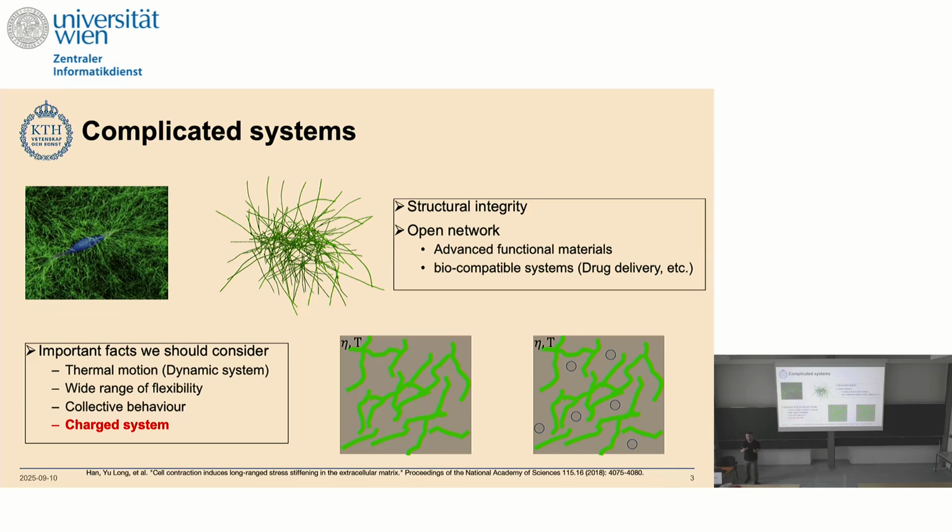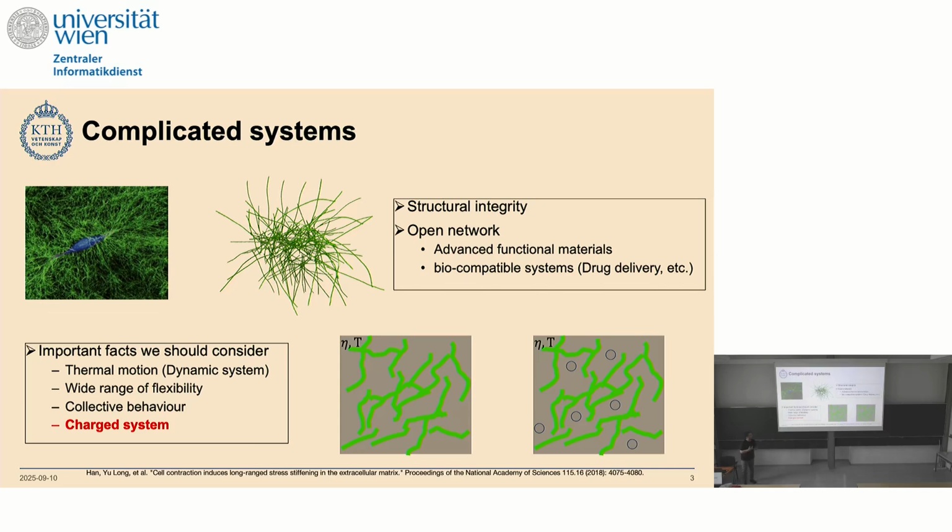These matrices provide, first of all, a structural integrity for the system. They provide an environment for different phenomena that happen in those structures. And they have open networks, so different materials, depending on the size and the charge that they have, can easily diffuse or stick to the system. The important facts that we should consider are that